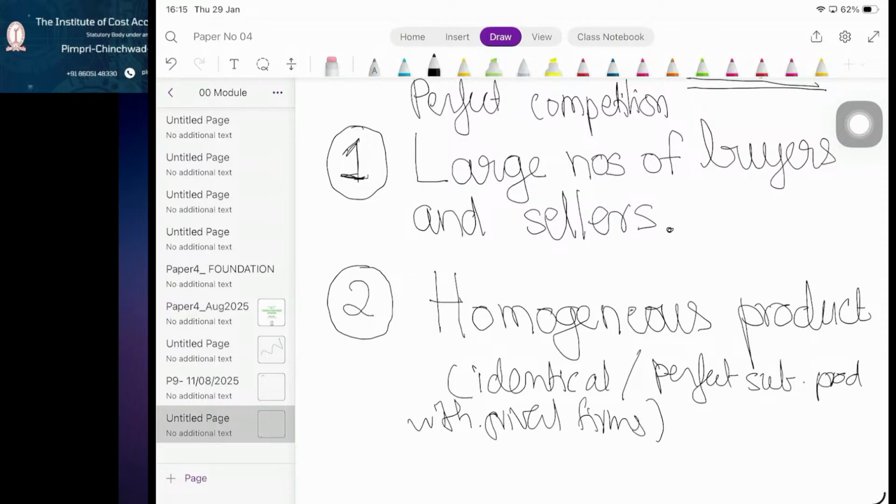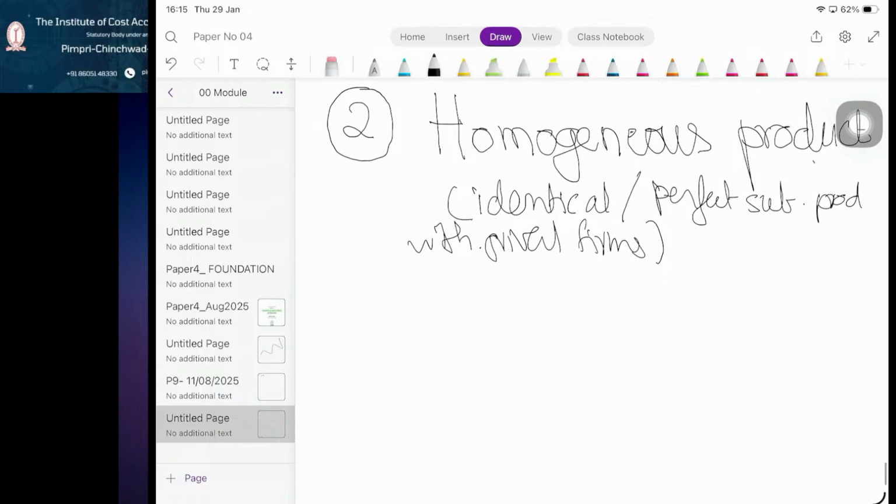Just suppose you are buying rice. It really doesn't matter to you which farmer you buy the rice from. The quality of rice is very similar whether you buy from farmer A or farmer B. So there are a large number of buyers and sellers, the product is homogeneous, and the third condition is